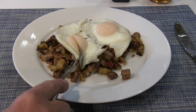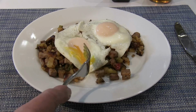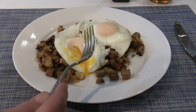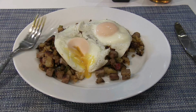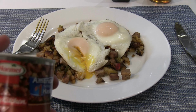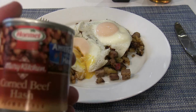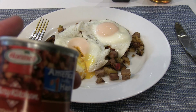Let's cut this bad boy open here. The egg cooked perfectly, nice and runny. So, you tell me, would you rather have Mary Kitchen or